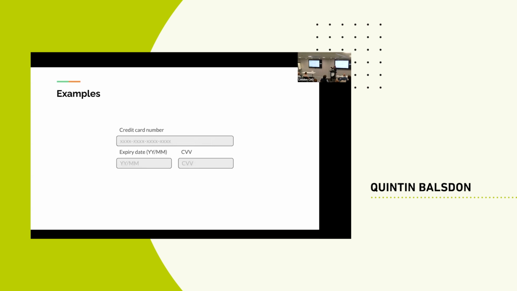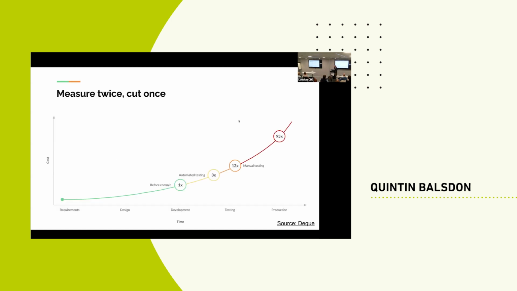And this, for example, is a better use of placeholders and labels. We've got very clear, distinct labels of where everything should be and how it should be filled in, right? Normally in a form like this, you would also say what is required or what is optional, right? But obviously with a credit card, you don't need to. So the best solution is to measure twice and cut once, right?